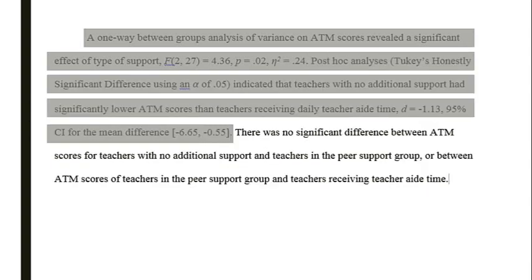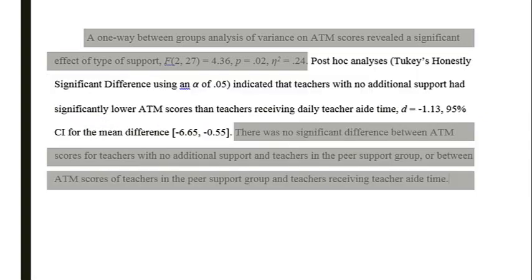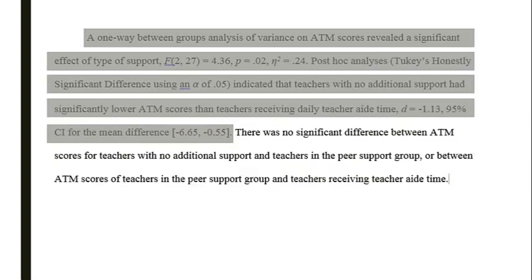And then the last sentence, there was no significant difference between ATM scores for teachers with no additional support and teachers in the peer support group, or between ATM scores of teachers in the peer support group and teachers receiving teacher aid time. So you'll notice in both post hoc analysis sentences, I've been sort of vague about the test statistic. I haven't reported a test statistic to report the post hoc analyses. I've just said whether they were statistically significant or not. Now that's